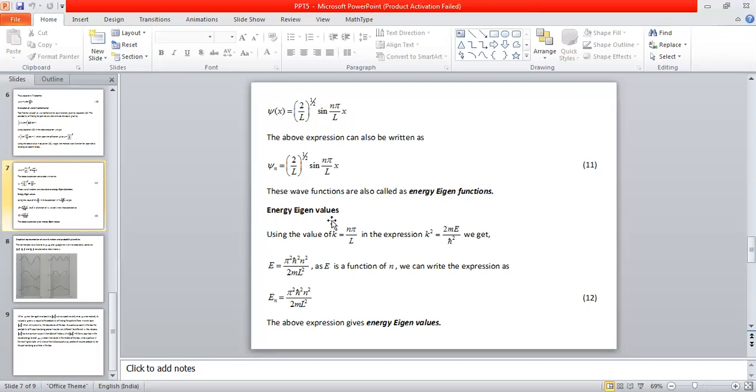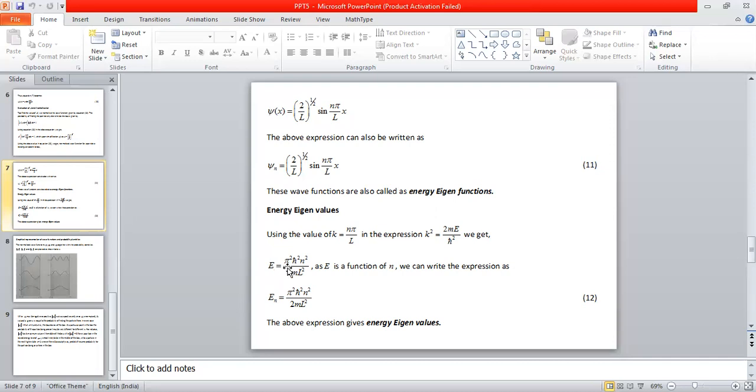Now, it is also possible to find out energy eigenvalues. The value of k we have found is n pi by L, and we had also written an expression for k square as 2mE by h cross square. So we can combine these two equations. I can square this particular equation and compare it with this equation. After doing this comparison and simplification, we are going to get an expression for the energy of the particle inside the box